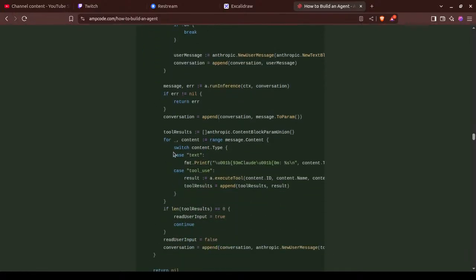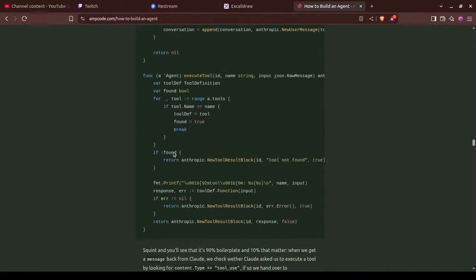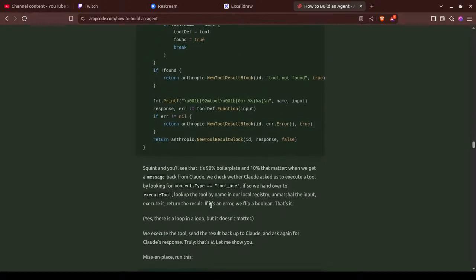So here I didn't quite understand what was happening because if you see in this case that, squint and you see that antivirus was written and whatever, but when we get the message back from Claude, we check whether Claude asks us to execute a tool for looking.